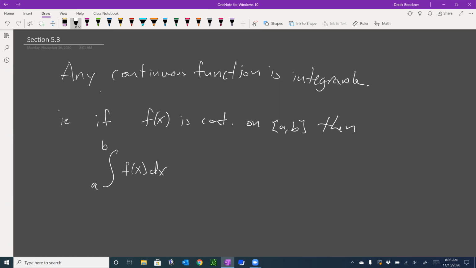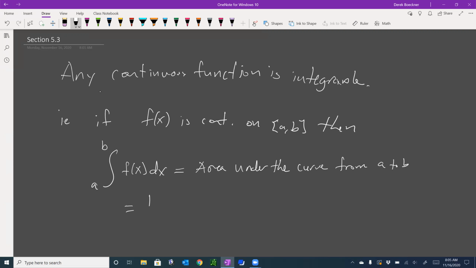Have I used this notation? We have, okay. Is the area under the curve from a to b,